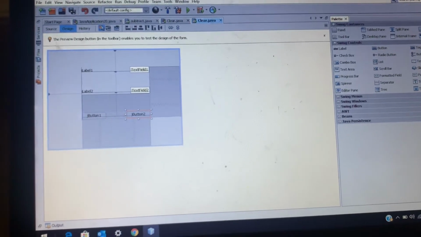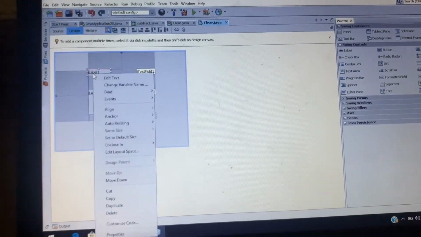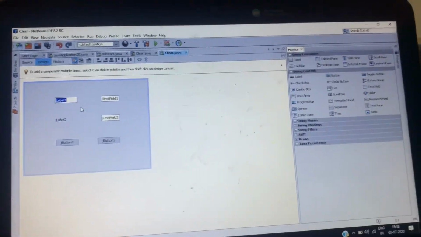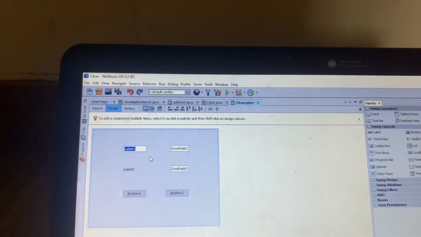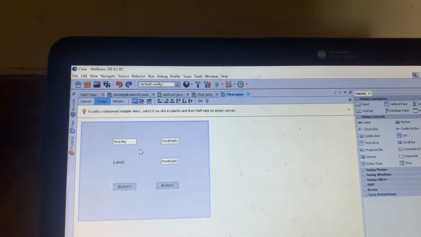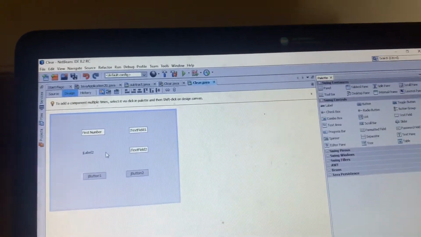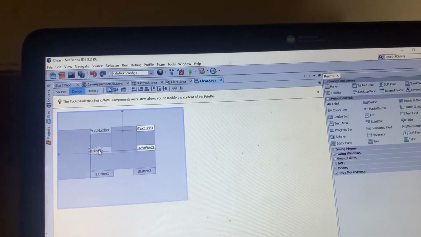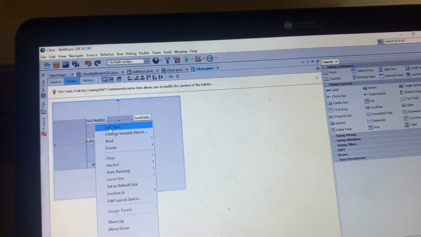Now I will rename all these labels and text fields. Edit text: right click it and write whatever you want. So I will write first number. And here, go to this label, right click and go to edit text.